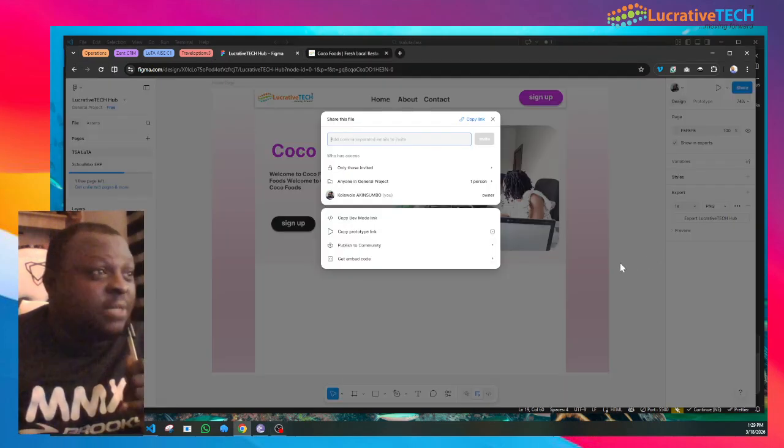So you click on the share button, and you will notice that there is a copy link here. We won't copy that link. If you come downward, you will see copy dev mode link. At the time of recording this video, this is where it is located. Maybe when you're seeing this video, Figma must have moved things around, but what you want to copy is